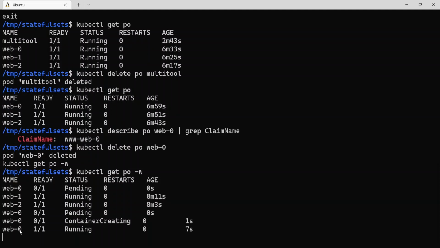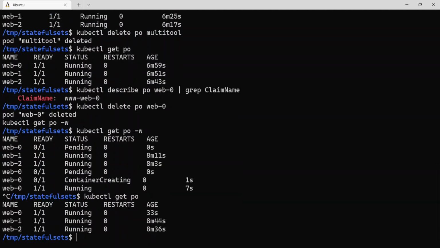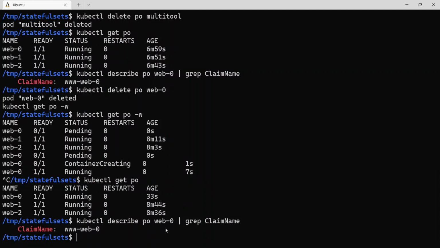So the name remains the same. Now if we do kubectl get po, again there are three pods and the name of the first one is still web-0. Now let's verify if it's still attached to the same persistent volume claim. Let me run the same command, describe pod and grep claim name. We see the claim name is still the same